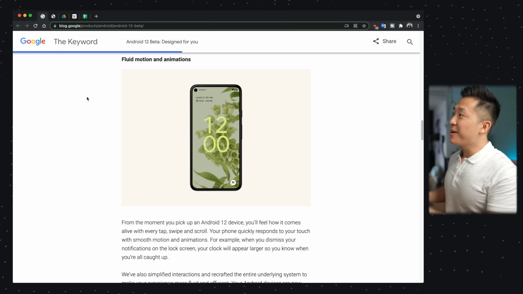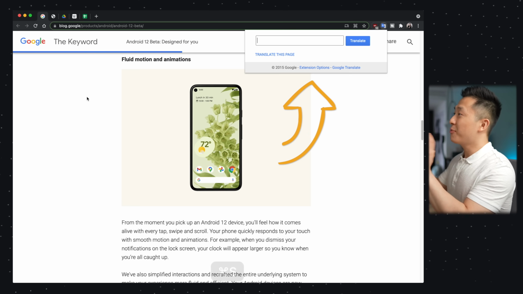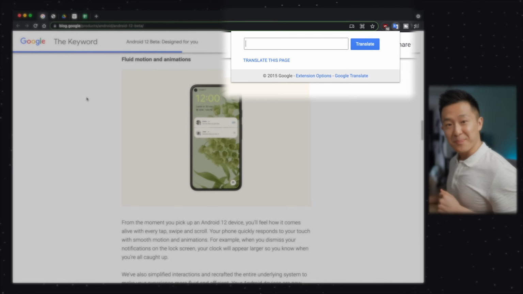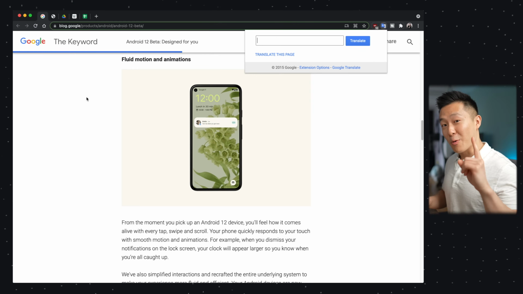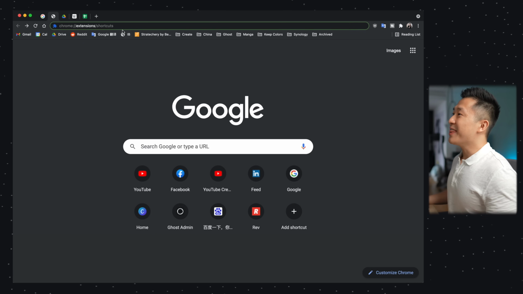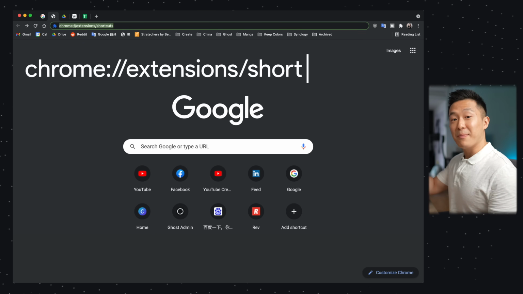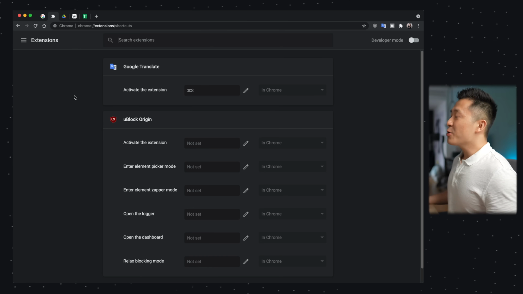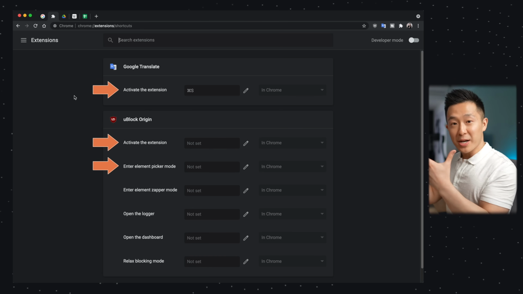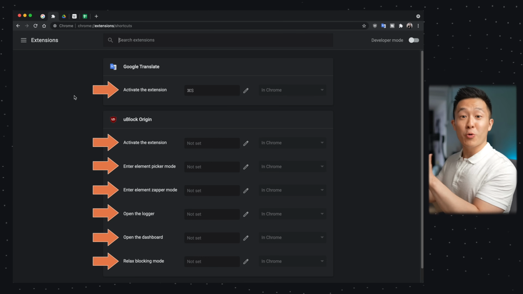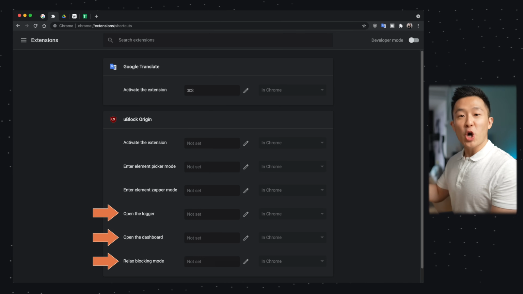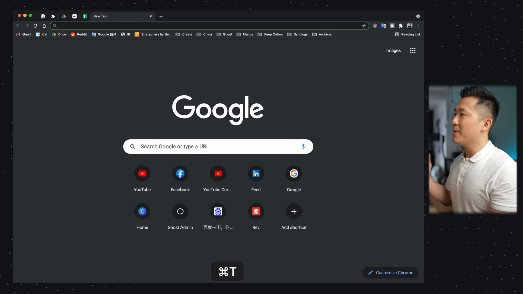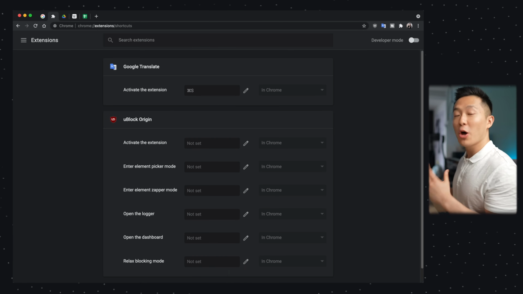But when I press Command S in my Google Chrome browser, I bring up the Google Translate extension that I use all the time. Google Chrome productivity tip number 1 is to input this command right here, I'll link it down below, into the address bar, press enter, and now you're able to set up keyboard shortcuts for all of your Google Chrome extensions. Just make sure not to overwrite some of the existing popular Chrome shortcuts like Command T to open up a new tab or Command W to close a tab.